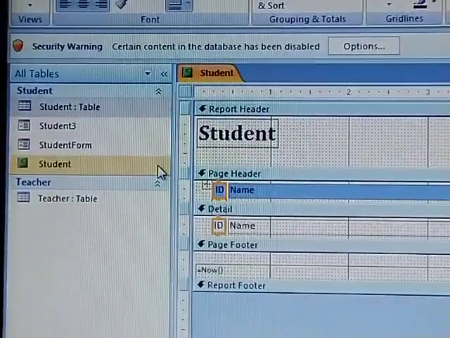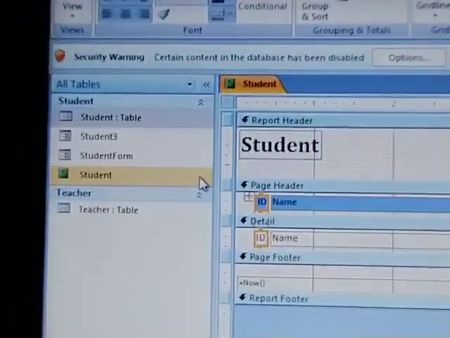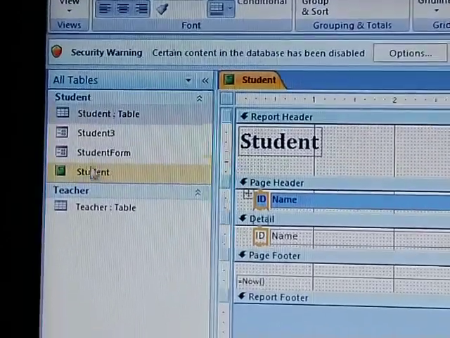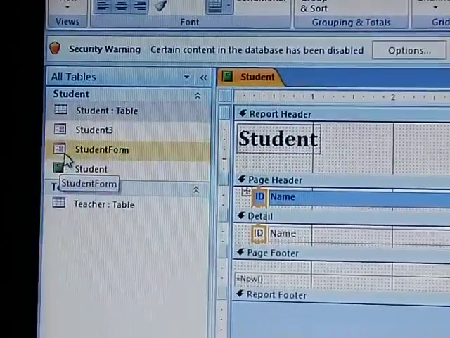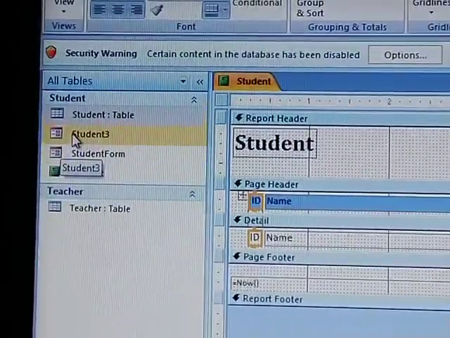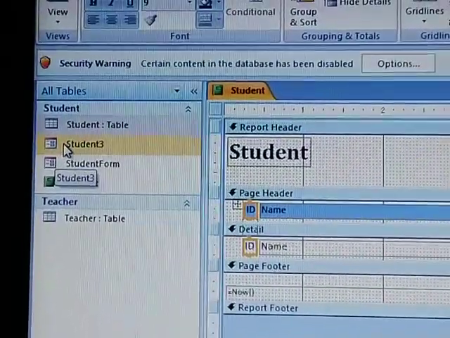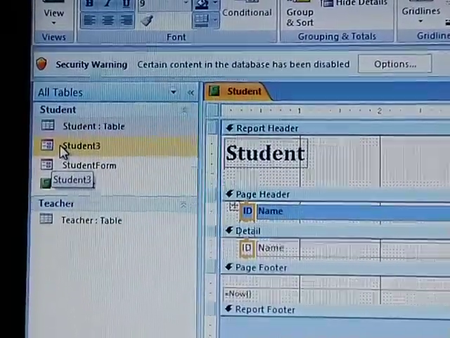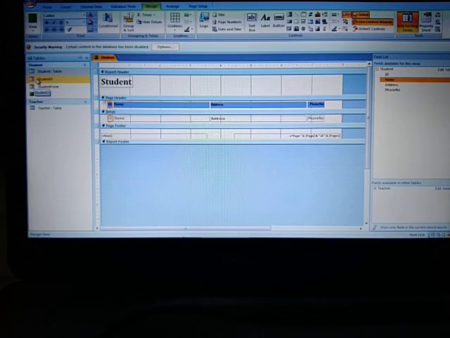In the form you can see the form format. And the green one I have selected right now is your report icon, this is your form icon, and this is your table icon. So I am zooming out right now. Whatever things you are saving are saved in the navigation pane.